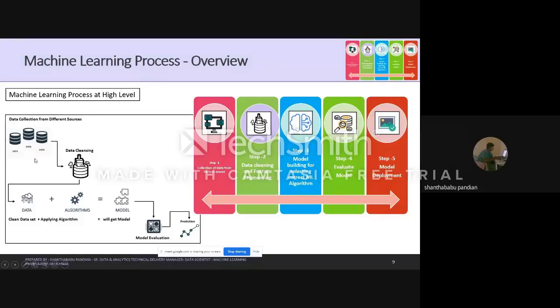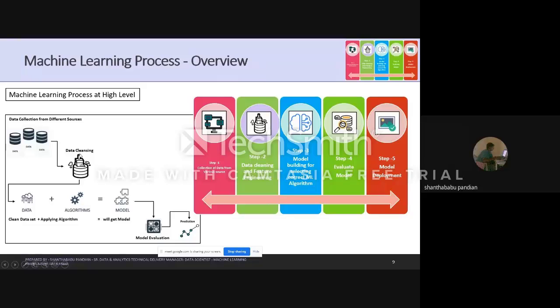Here we have data collection from the different sources. As I mentioned earlier, you collect data from different sources, it could be an audio file, video file, log file, or any application output or feedback, whatever it is. Your big data engineers or Azure data engineers will collect the data and convert it from unstructured format into structured format, so that you get one consolidated view of the data, right? So, collecting the data and then giving it to the